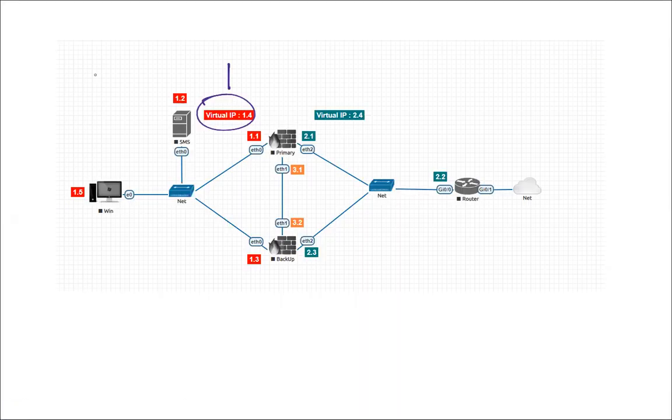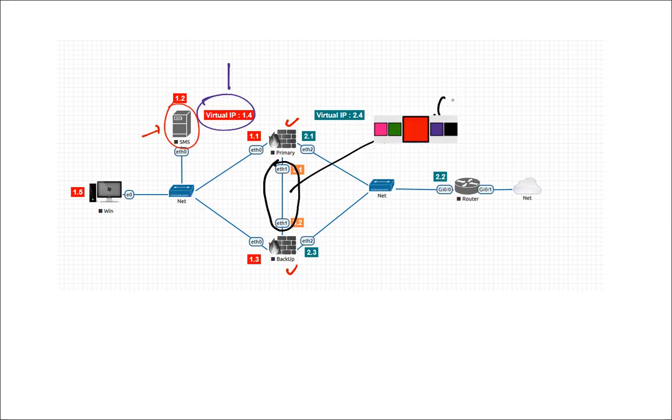So now what happened is, we configured the first time wizard for the primary device and the backup device, and the SMS is also configuring the first time wizard. So I wanted to go to the primary device, and already the 1.1 IP address is there, and I just want to configure the other interfaces. See, I'll tell you why this interface is required. This interface is the interface which we call a sync interface. So synchronization interface, and what it will sync is, it will sync all the configuration